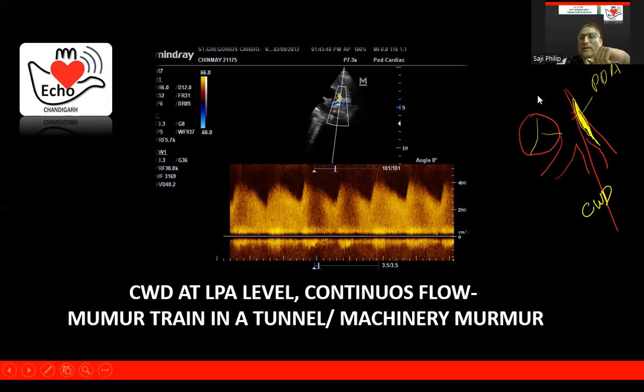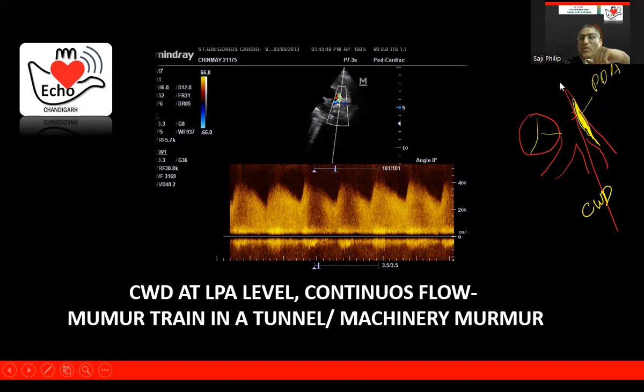You take this short axis view at the AV valve level, both RPA, LPA, you can see that level. I had showed you a blue color, the yellow color within the blue, then it is nothing but PDA. But still, if you have a doubt because of any pulmonary stenosis or some confusion comes for early members in the career, I say that put a M-mode cursor,